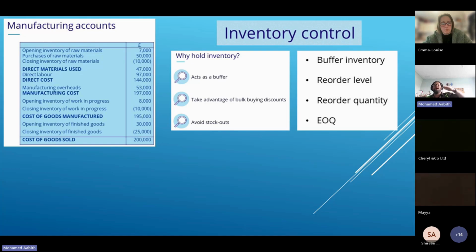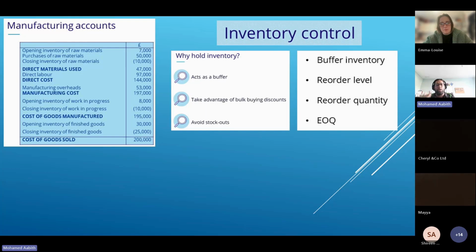What is the reorder level? It's where you think you need to order your goods so that they can be delivered to you on time, so you can use them in production. But you have to remember, not all businesses have a delivery you can get the next day, because normally it doesn't work like that; you may have to order goods from somewhere in the globe. So you probably have to allow something called a lead time, from the time you order the goods until you receive them. Therefore the reorder level is very important for the business, and also the reorder quantity,